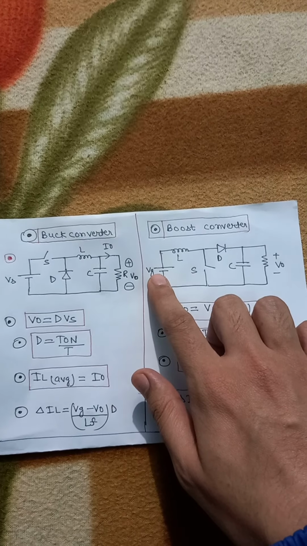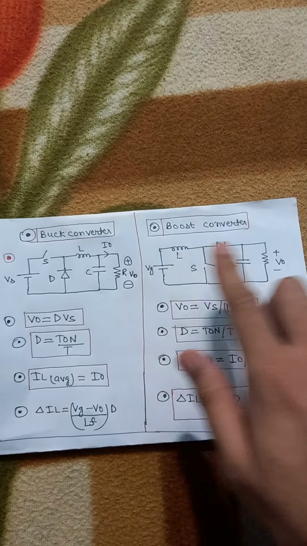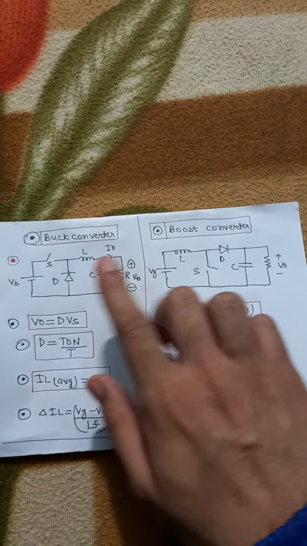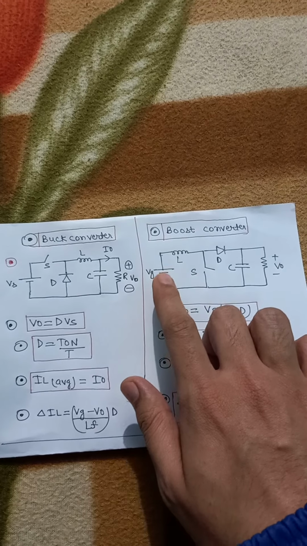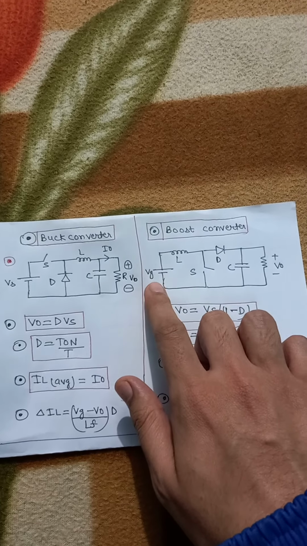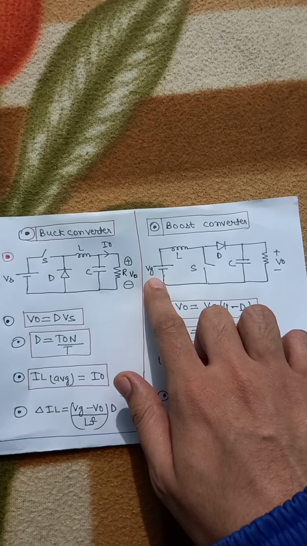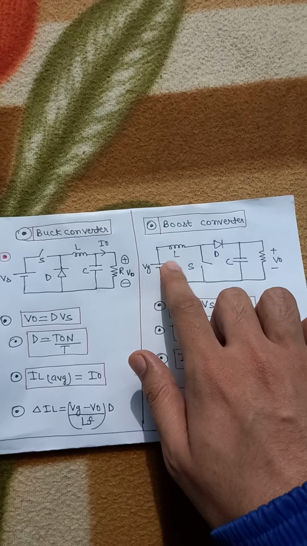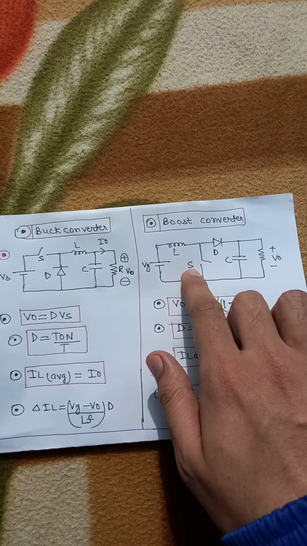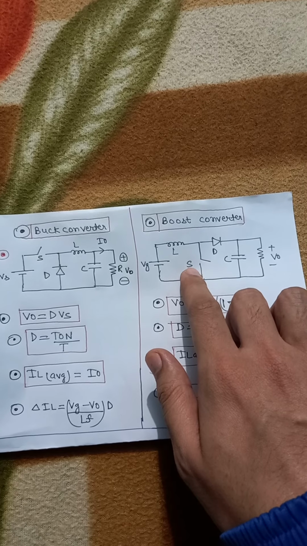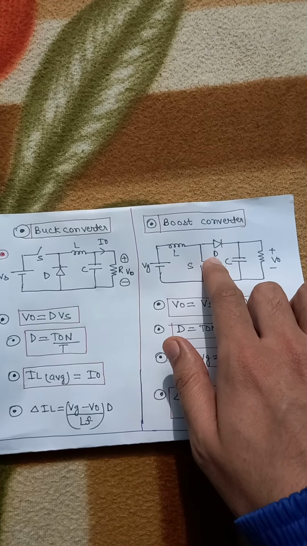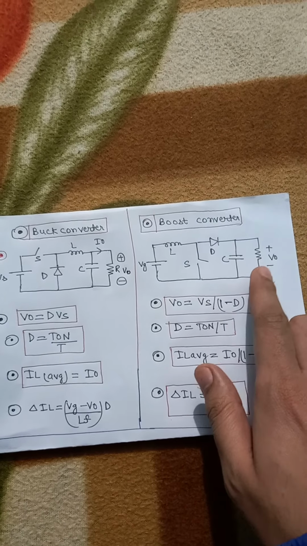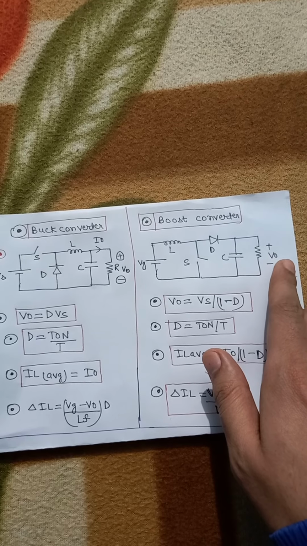Here the input is DC and the output is also DC, so it is called a DC to DC converter. Same here in the boost converter: input voltage Vg is applied, that is DC, and we get DC output, so that is also a DC to DC converter. The circuit diagram of the boost converter is nearly the same with some differences. It has the gate voltage or input voltage, you can say Vs or Vg. This is L, the inductor value. This is the switch. Here also we normally use a MOSFET because of high frequency and it will be better. We use a diode here, and a capacitor, and parallel to the capacitor we use the load, which has output voltage V0.